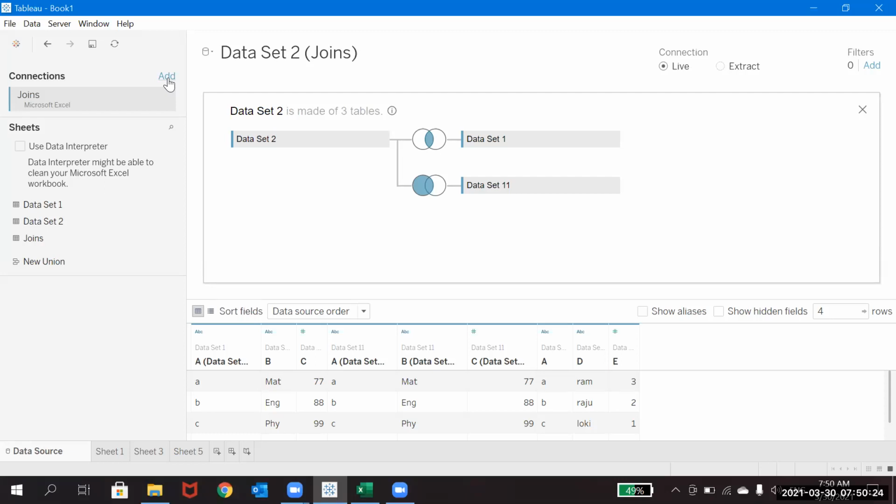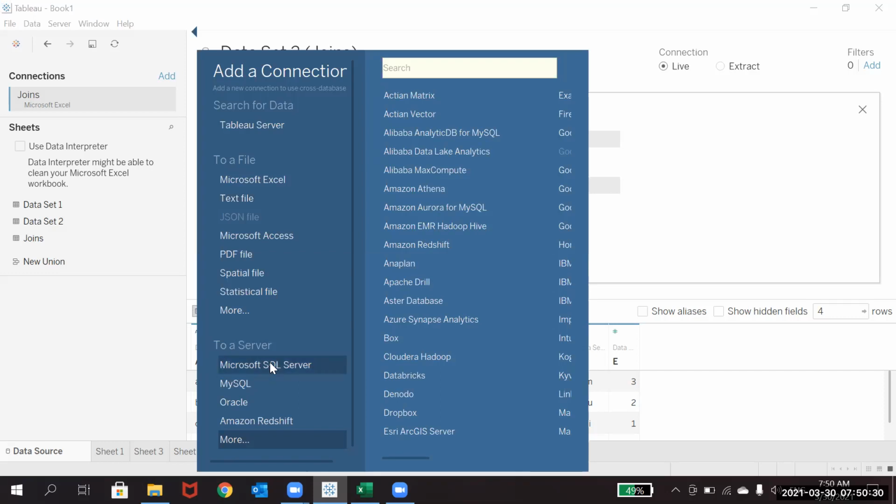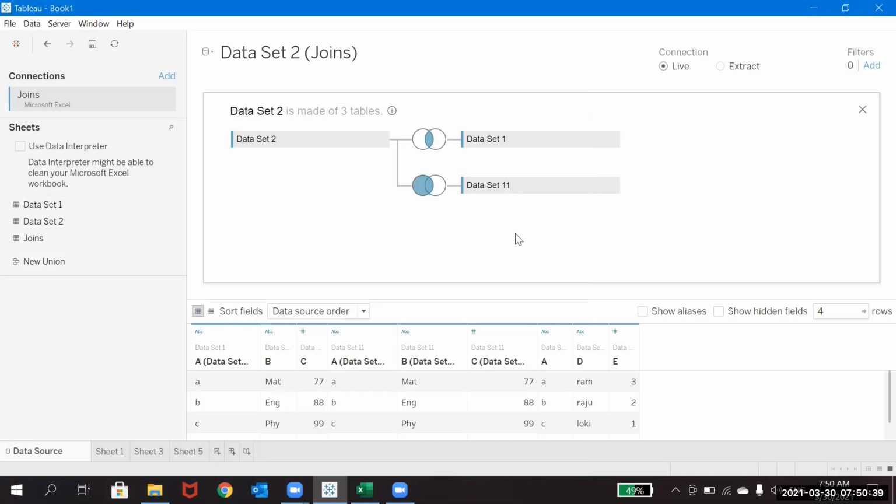Okay, so if you click Add, you can get data from different databases, and that information will show up here. At that time you can drag and drop them, and you can use this as a cross tab join. Actually, you can consider that a cross tab join when you join between two different data sets. So one is Excel and one is SQL Server, or one is SQL Server and one is Oracle, or individual different databases you have connected. If you drag and drop and join them here, that is nothing but the cross tab join.